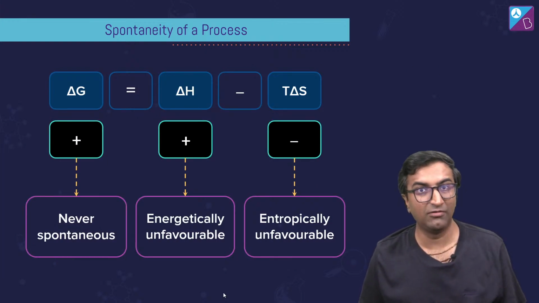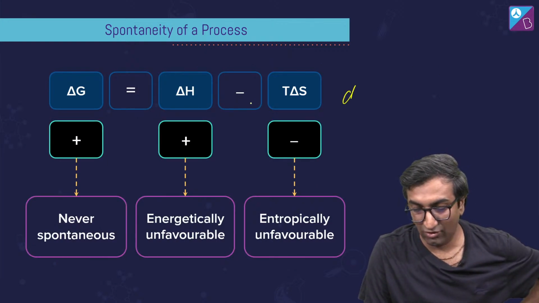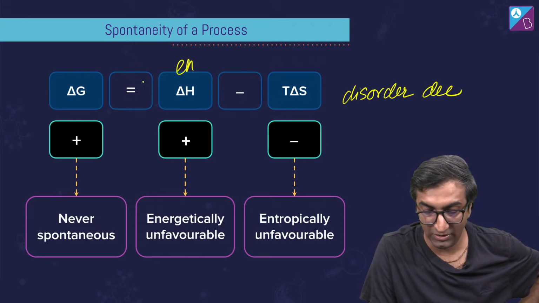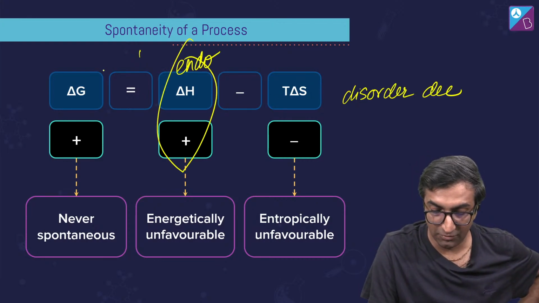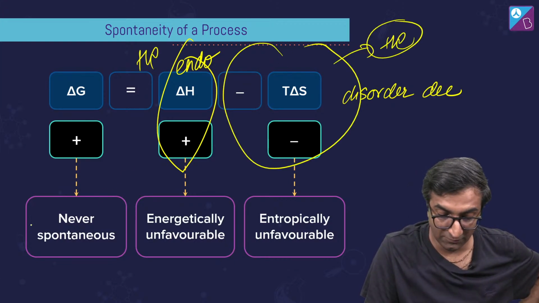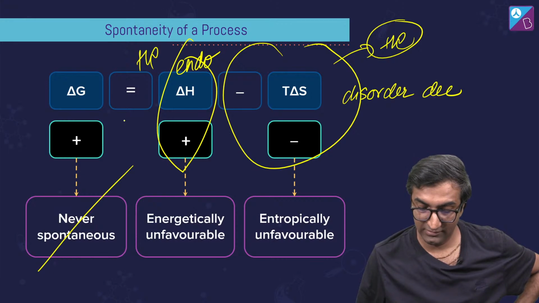Another one. This is never going to be spontaneous because the disorder here is decreasing. And this is an endothermic process now, which means that this is positive. Negative becomes positive. So delta G is always positive, so it's never going to be spontaneous. Lastly,